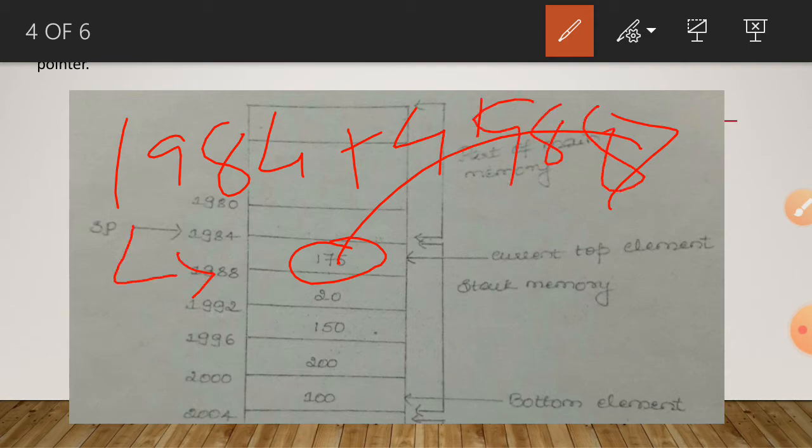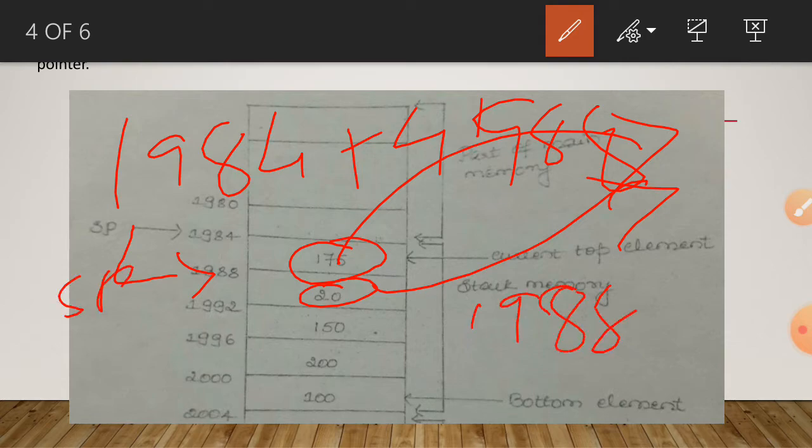If you want to delete this 20, this 20 is moved to another memory location, and then we increment the stack pointer. The SP is pointing here at 1988, plus 4. Why plus 4? Because it is a word address, so we increment by 4. So 1988 plus 4 means 1992, it will come here.